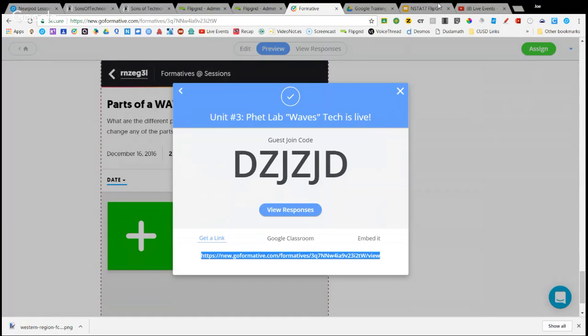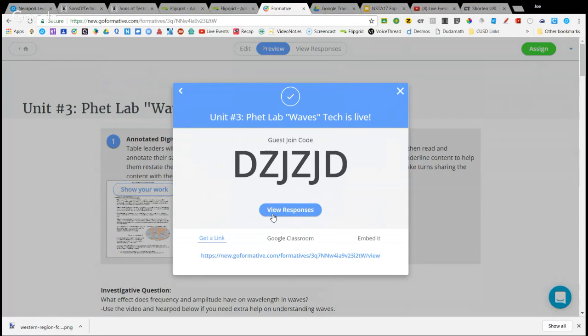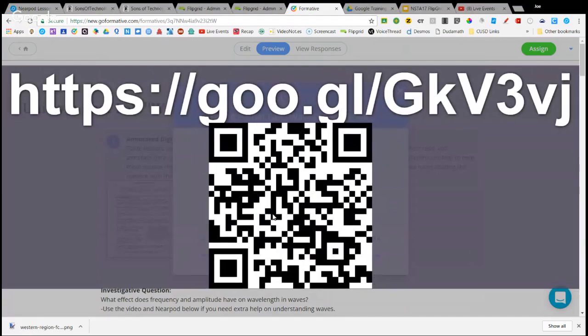Even if you don't know anything about science, let's try it. All I want you to do, you can do it now or later. If I don't put this up long enough, you can always pause the video and grab it again. Go to this shortened URL, or use your QR code reader on your phone and snap this QR code, and do the lab a little bit, play around with it, and then go to the conclusion